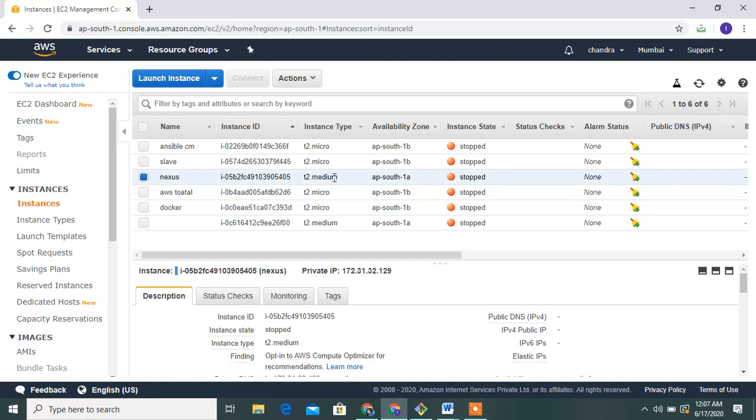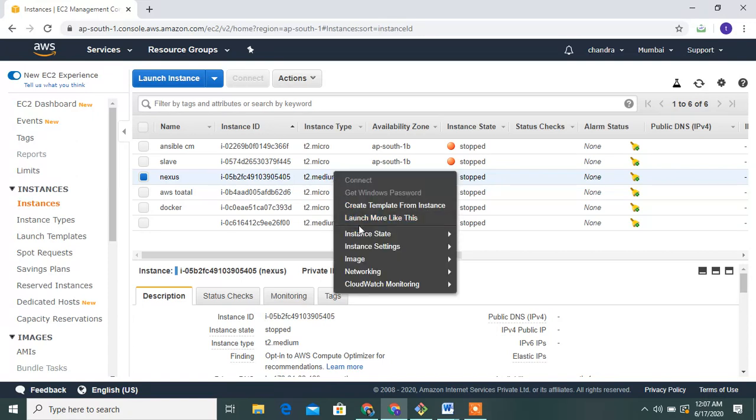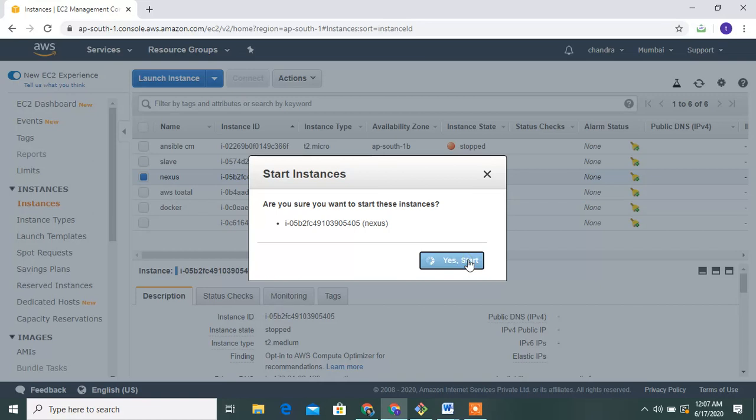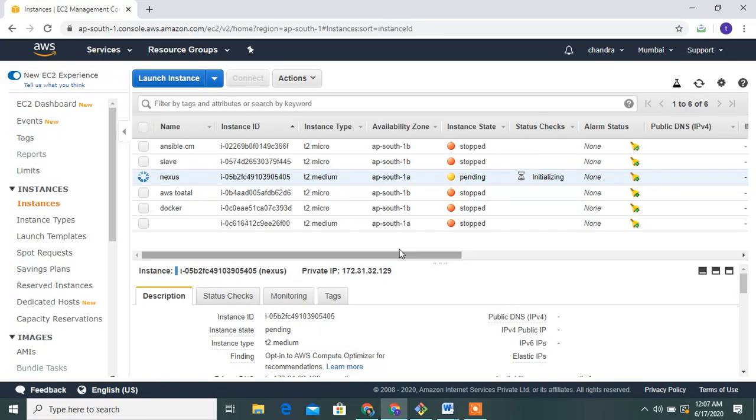Guys, remember the Nexus server is chargeable. Run the Nexus server, and configure the SSH key and public IP address.